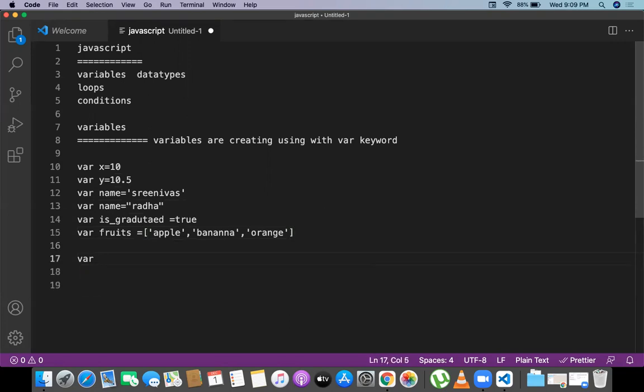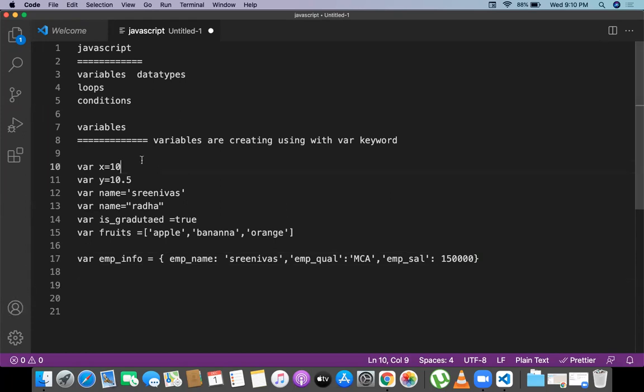And one more is the object type, where empInfo is equal to something like an object, which has curly braces open, curly braces close, something like emp name colon Srinivas, and emp qualification colon string data MCA, and emp_salary is something like 150,000. So these are the different kinds of things we are going to be discussing as part of the variables.